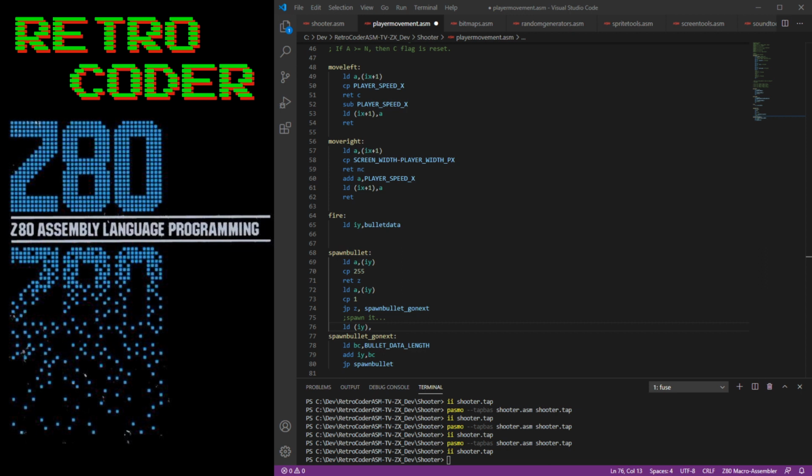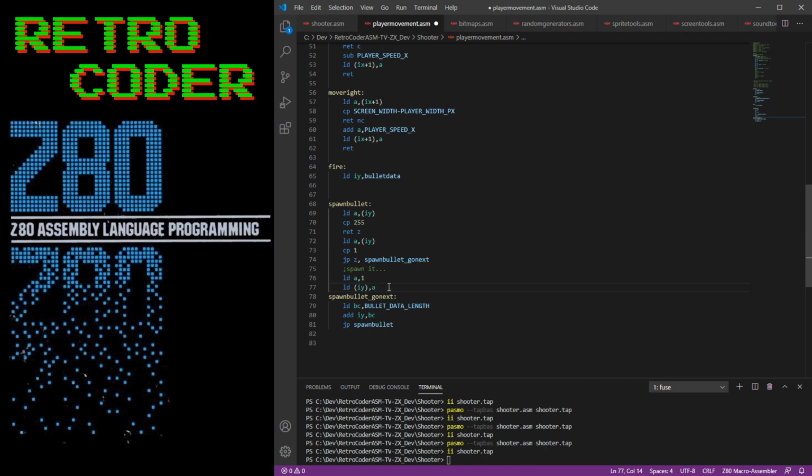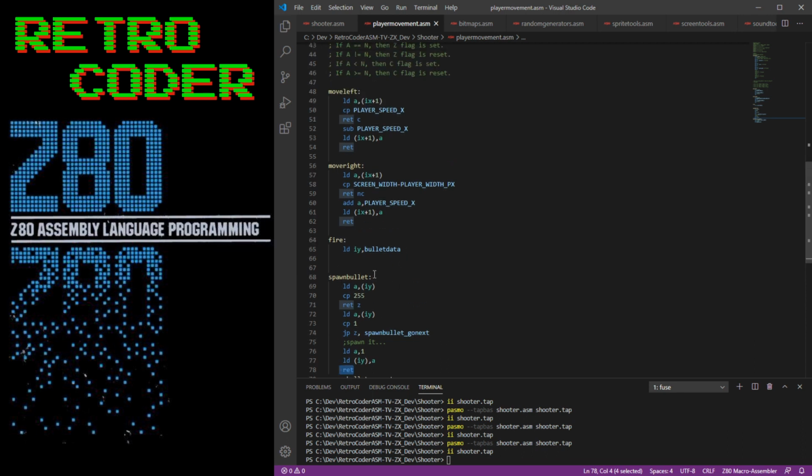Double check something. I think we need to use A. I think it's as simple as return actually. Don't think we need to do any comparison. It's reached a point where it's found a dead one, makes it alive, returns completely. Yeah, this is good. So if we had a timer now before we called spawn bullet, so if we put a timer here,